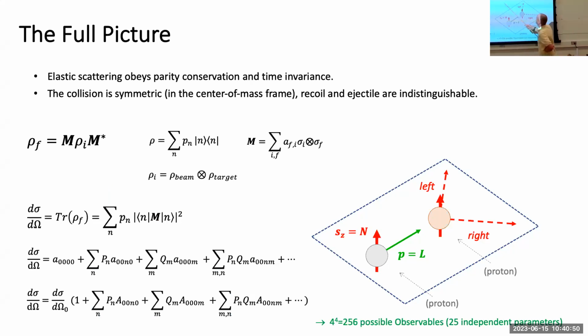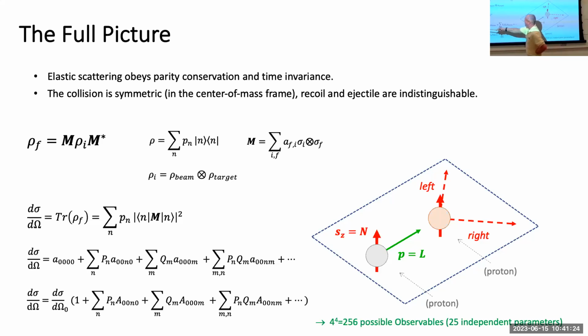We have certain conditions that we have to apply, but before we get there, we have this scattering matrix that describes our transition from the initial state to the final state, and we have all sorts of different densities here as combinations of the different beam polarization or target polarizations that we think of. So then the total cross section is the trace of our final state here, which we describe like this with